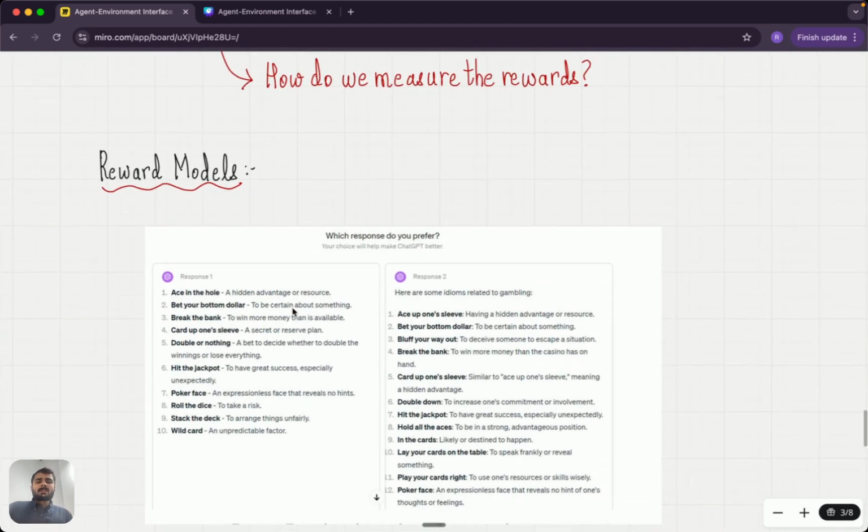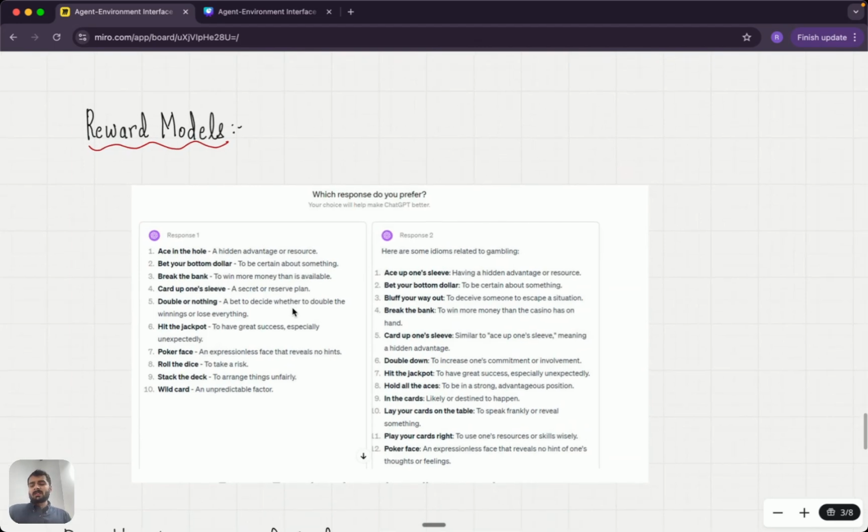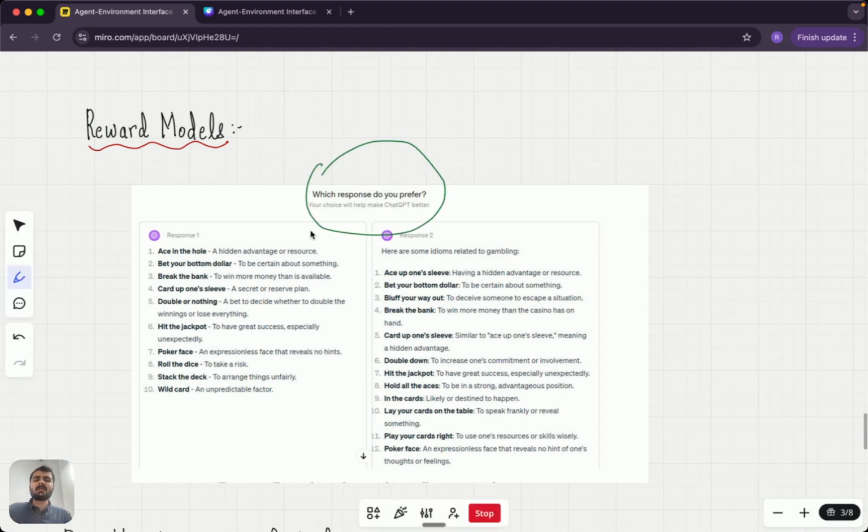So what people do is that usually these AI labs, including OpenAI, Google, Anthropic, etc., they ask you some questions while you are chatting regarding your preferences. Do you remember answering some things like this? This is something given by ChatGPT where it asks you which response do you like. Now, the reason it is asking this is because it is noting down your preferences for training a reward model,